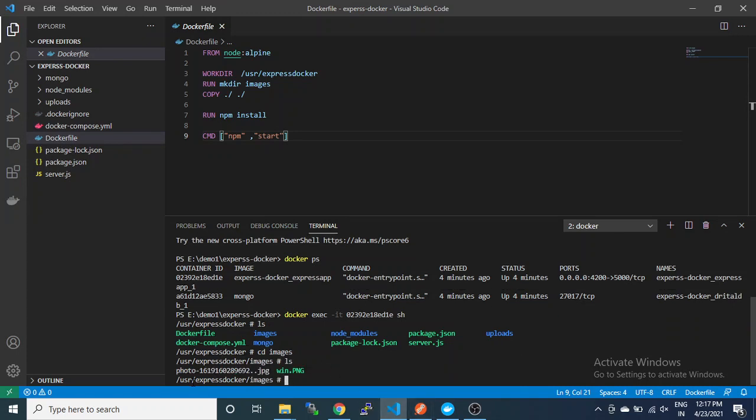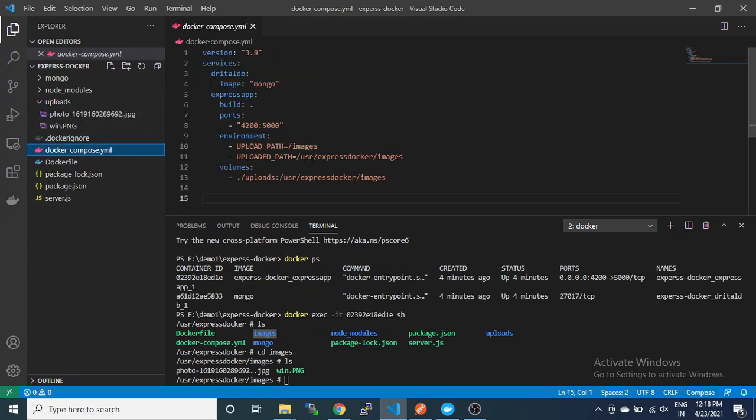So you can see that inside the images folder you have this image and this image here. Okay, so you have seen that you are saving to the local, but you are getting it on the uploads folder here. Okay, so the mapping is working correctly.